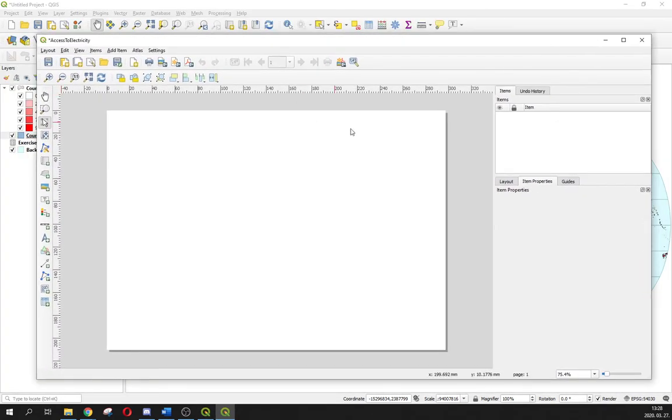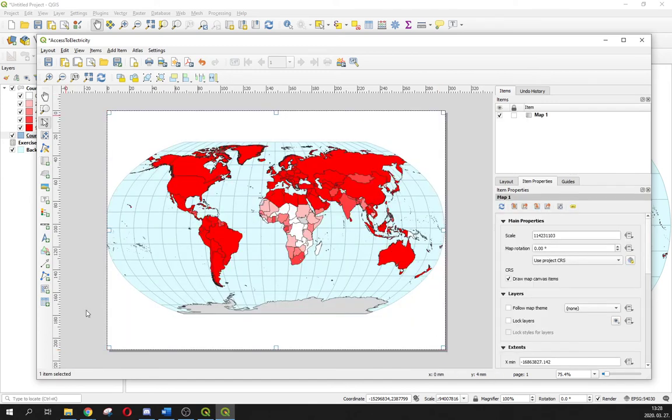And we have the layout manager window, and click on the adds a new map to the layout, and grab a frame to fill the all of the map, all of the page, all of the sheet, and add